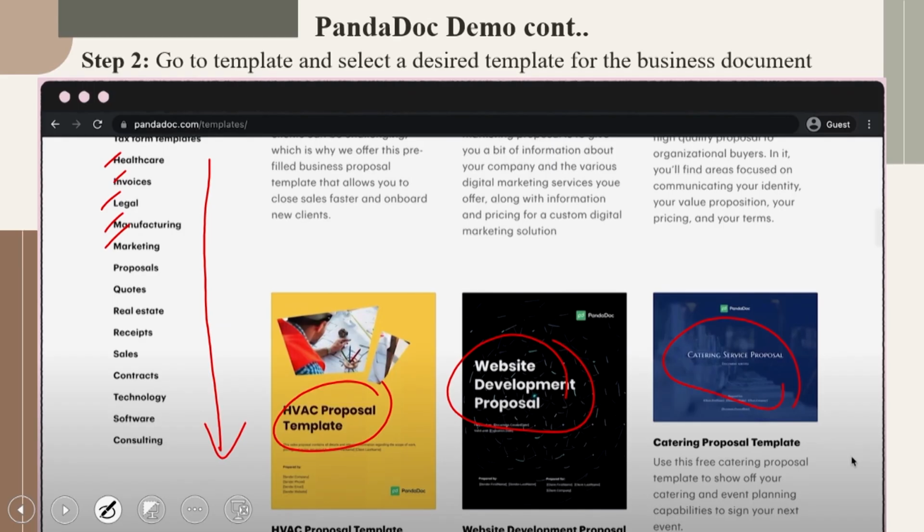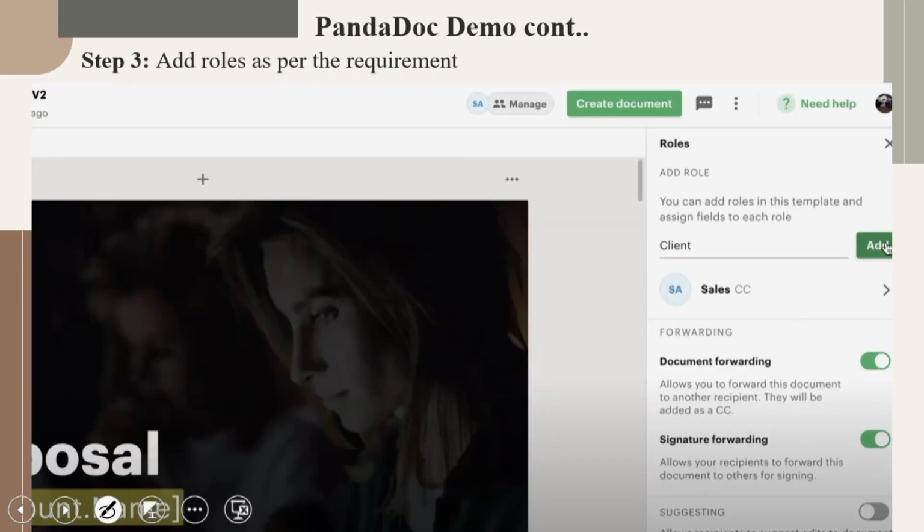Once you have done that, in the next phase you see that you can add roles as per the requirement. So here you can specifically go for who the individuals or entities are who need to review this. You can have a selection point with respect to that.